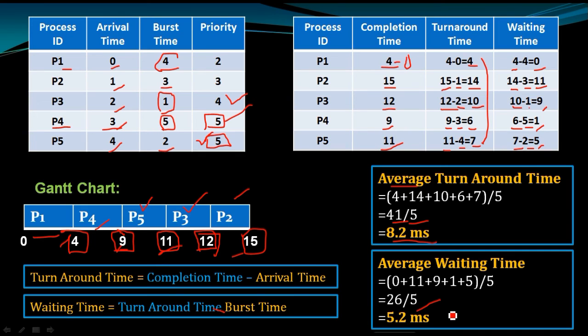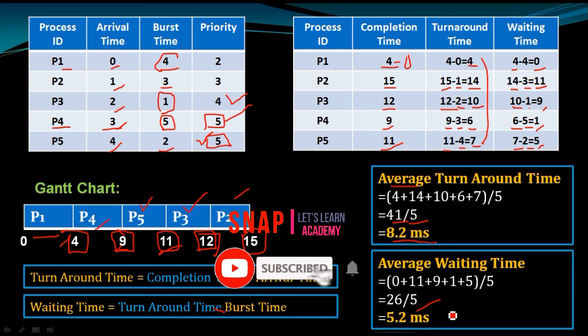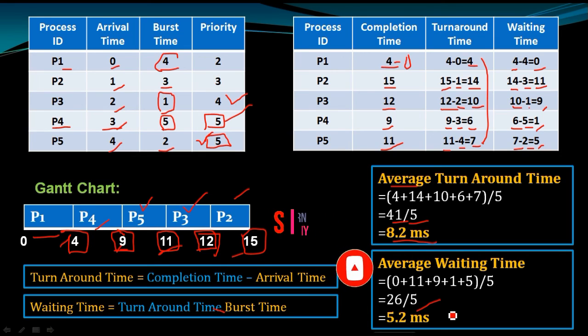So this is the way of creating it. In the previous lecture we used the preemptive priority scheduling algorithm. We did the same type of calculation, but that calculation was based on the preemptive priority scheduling algorithm. Now this calculation we have done in the non-preemptive manner. So hope you understood all these concepts of CPU scheduling.